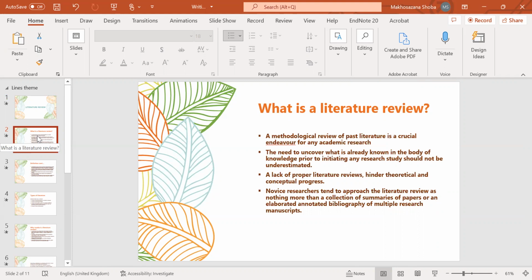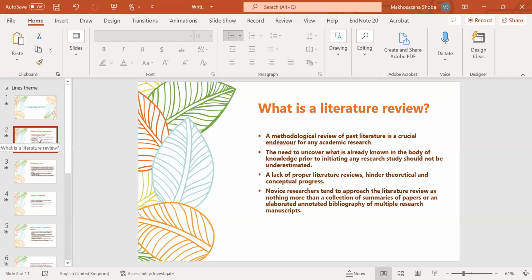First and foremost, it's important to know that when you conduct research, the literature is the most important part of research. There is no research without a literature review. Therefore, it's important as a researcher to keep that in mind, that at some point in your journey of research, you're supposed to write a literature review, right? So, what is a literature review?